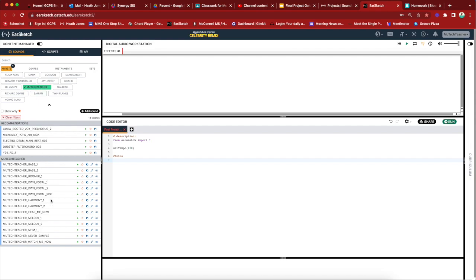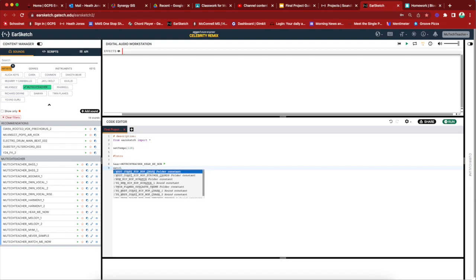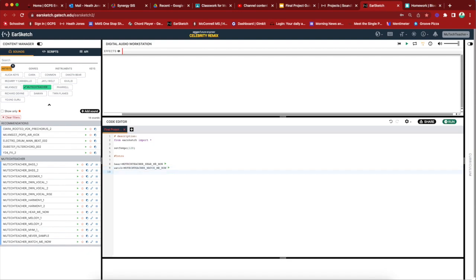And to start this off, I want to use some of these sound effects I brought in from Soundtrap. So I'm going to start off by creating some variables. So I'm going to call this here equals, and I'm going to click on the clipboard, and that's one of the sounds I uploaded from Soundtrap. And I'm going to call this one watch equals, and I'm going to click on that clipboard, and I'm going to do this equals,